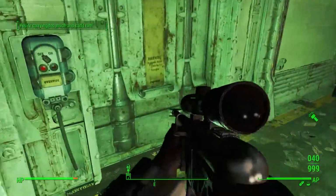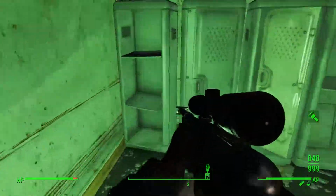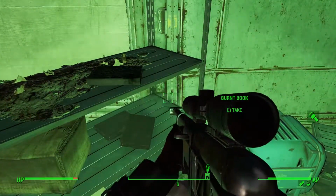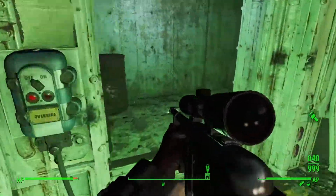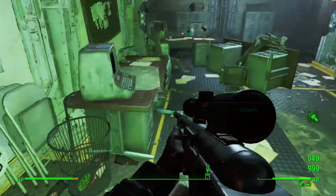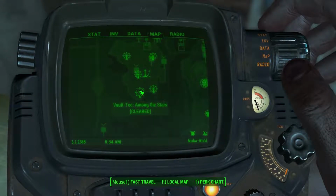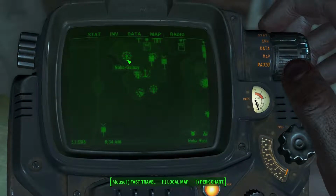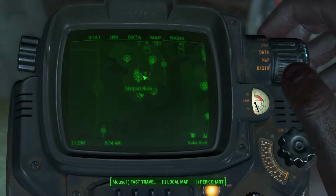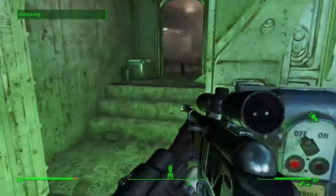The question is, what else do we have here? Is this it? I mean, I've taken plenty of stuff from here. Don't get me wrong. I'm not sure why there's a vase here. Yeah, I think I'm done. That should be everything. Let's check the map. And it reads among the stars. Cleared, cleared. Still don't know why this isn't cleared. I will figure this out probably at some point. Starport Nuka. Right? And then I hopefully have enough of these...